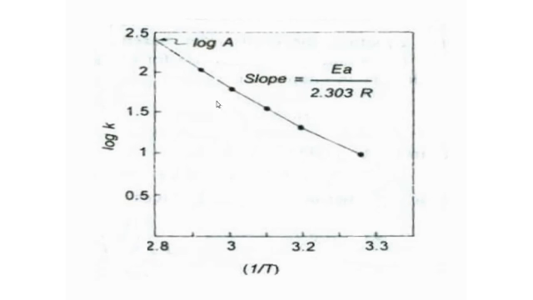I will show you the graph. So this is the graph, this is the intercept, right? From here we are going to get the log A. As I already told you, in the y-axis log K value will be there, in the x-axis 1 by T, inverse of the temperature will be there. The slope of this line is equal to activation energy Ea divided by 2.303 R. Clear?